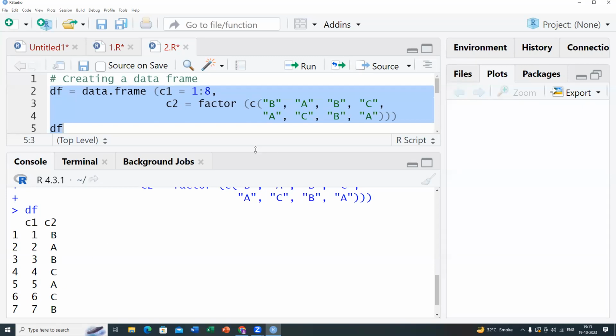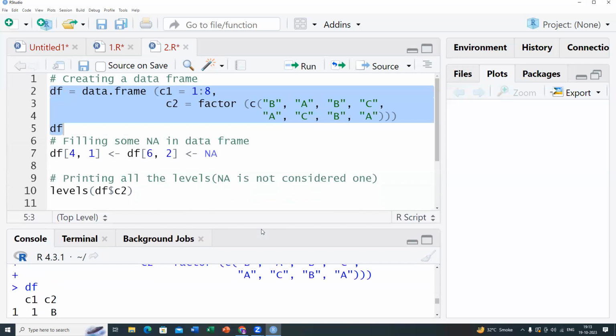Now, the next thing is I want to add some null values in a data frame. I know that to index any cell value in a data frame, there are two things: first, the row number, and second, the column number. So I have to index everything, or make any changes in the data frame, with the help of both row and column. For example, I want that in my data frame df,